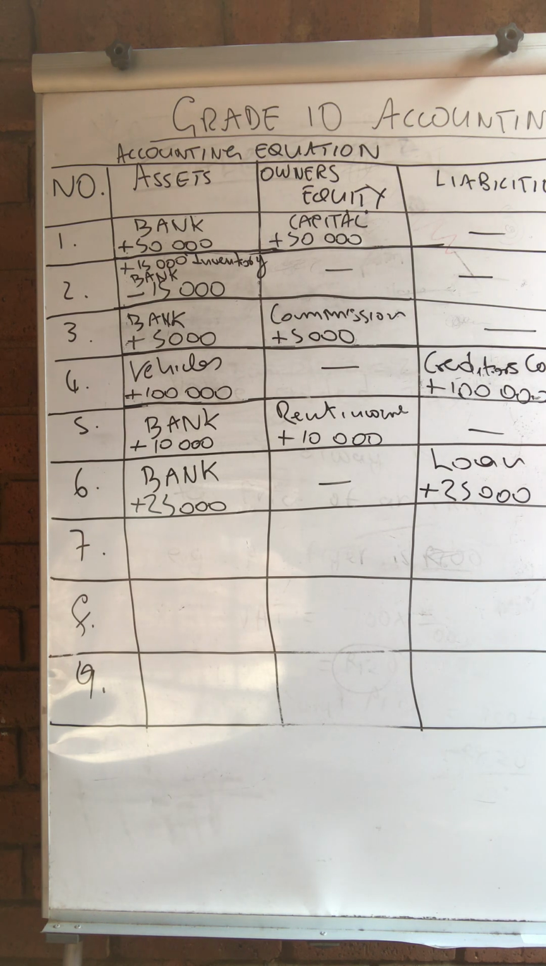Transaction number 7. We sold inventory with a cost